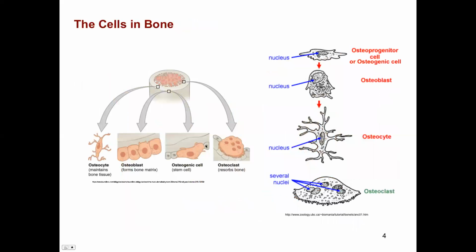Now, to get into this, I went over the different types of cells that we have in bone. These cells are actually from an osteogenic cell, or sometimes it's called the osteoprogenitor cell. This is a stem cell that differentiates into bone-forming osteoblasts, okay? So the osteoblasts are the ones that will form bone, and what will happen is that they'll get trapped in the bone, and they will then become mature bone-maintaining cells called